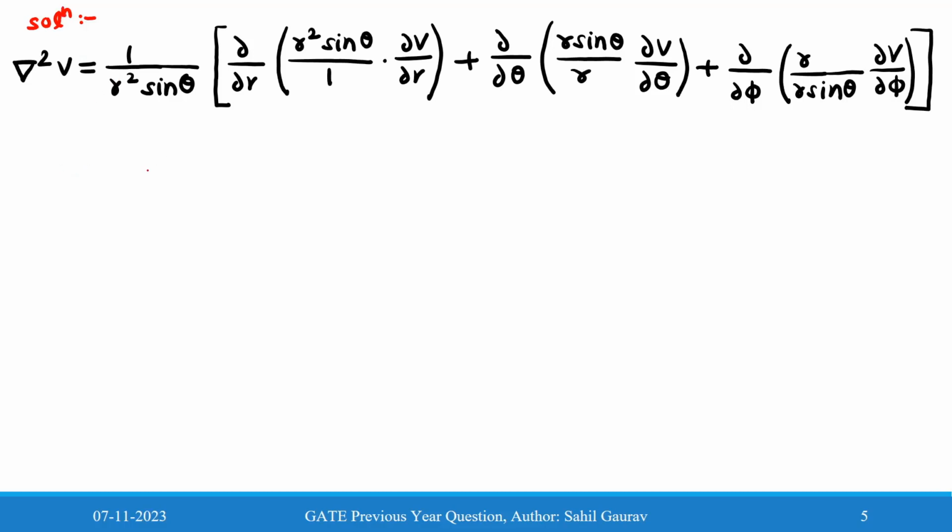Since it is given in the problem that V(r) depends only on r, therefore